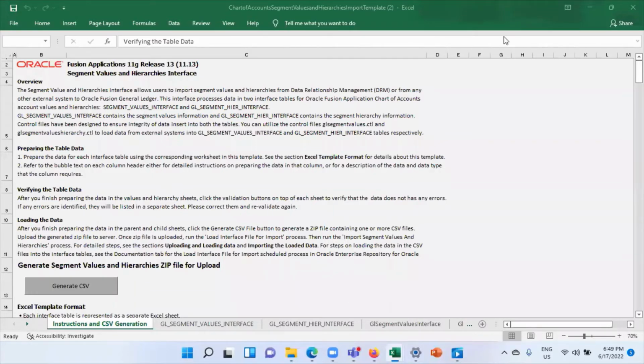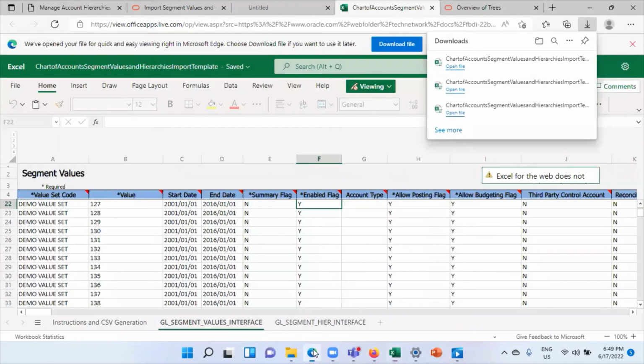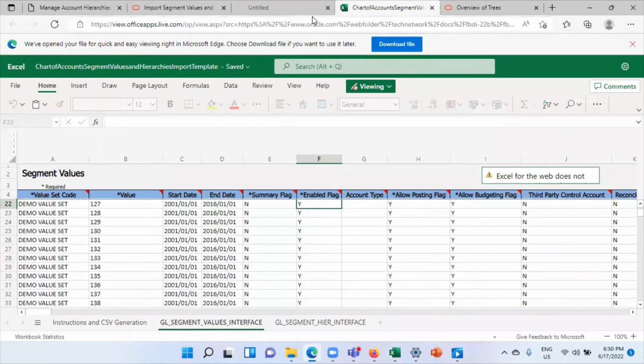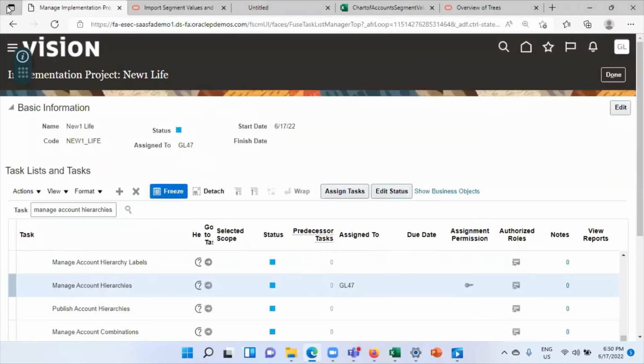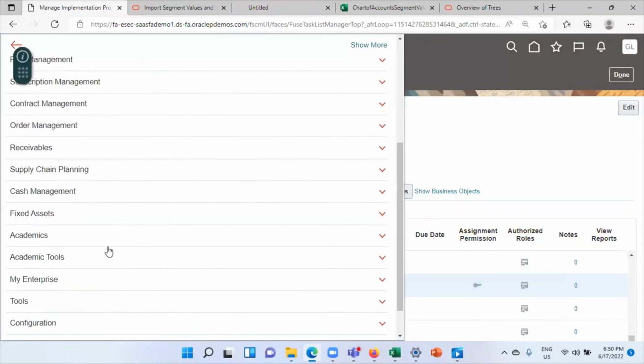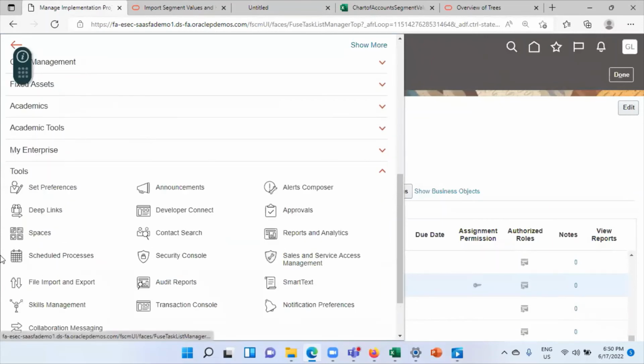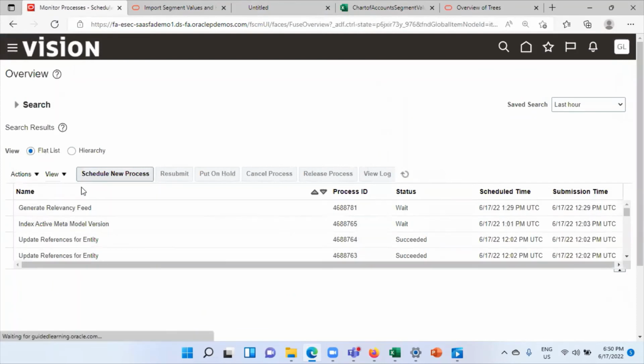Now we will again go to our application. Go to Navigator. Go to Tools. Click on Schedule Processes. Click on Schedule New Process.